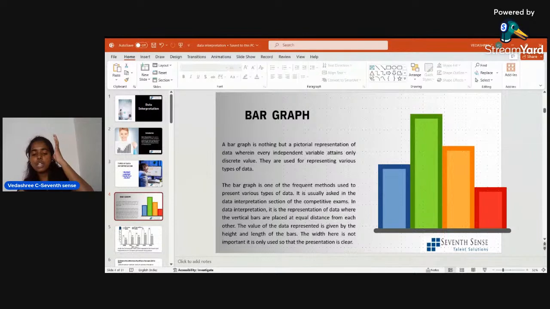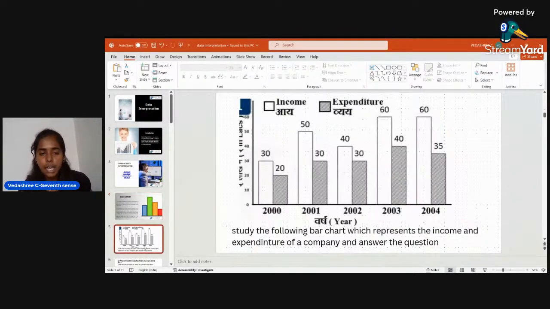So in any aptitude question or in any exam, first we'll be given a bar graph in the question. So for example, if we consider this as a bar graph,